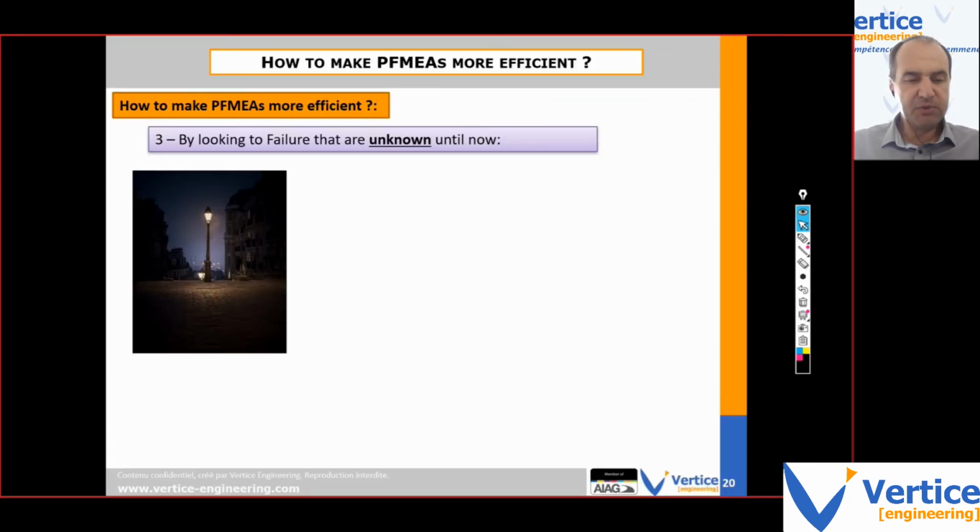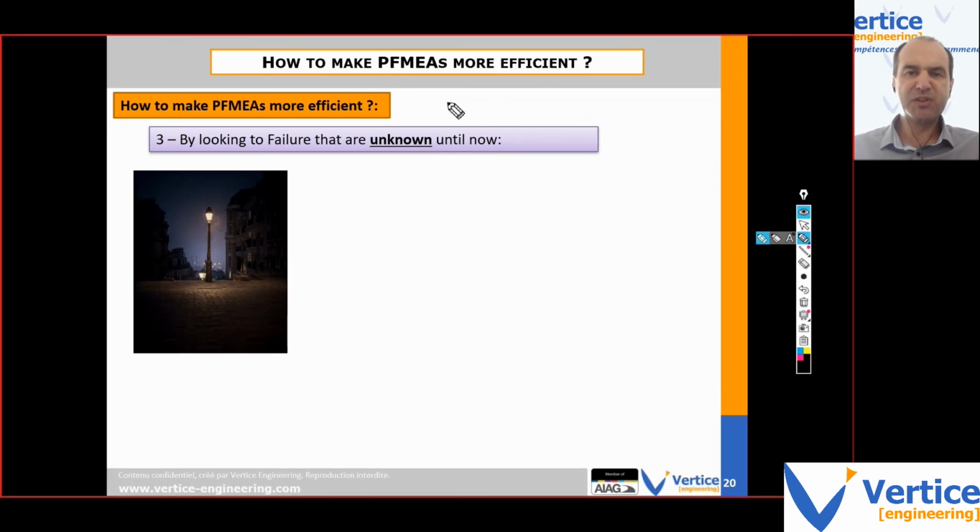Right. Now let me talk about the last point, the efficiency of the process FMEA. One of the issues of the process FMEA is that the way it is conducted in companies, too often it focuses on things that we already know. So this is why people lose interest in part in process FMEA, because they feel that when they go to a process FMEA meeting, the problems that are discussed are only the problems that they already know, right? And this is a human